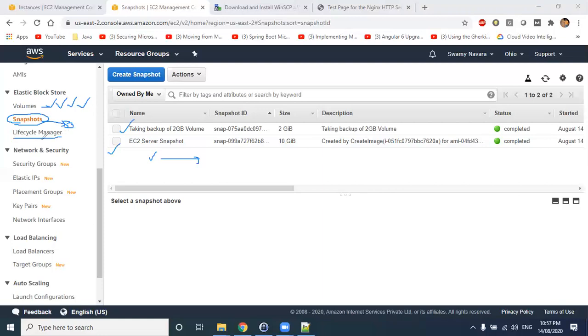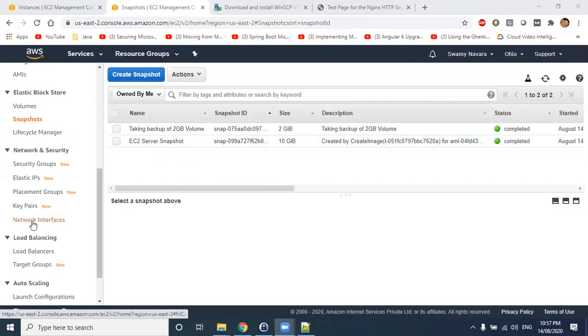And this lifecycle manager, we will see after this, if there are any questions. Lifecycle manager is nothing but, if you want to take a backup of your data every day, say every day at 12 o'clock, you cannot allocate a resource to sit manually and take backup in this EC2, following all the steps we have done now.